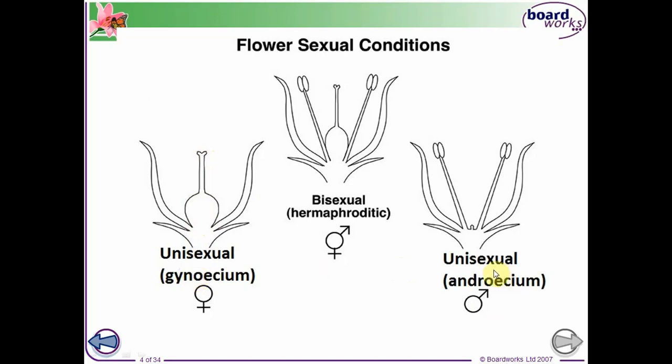While this flower contains stamens only, so its name is androecium, group of male organs. While we have flower which contains male organ and female organ, so its name is bisexual flower. So we have unisexual, it contains the male or female, or bisexual contains the male organ and female organ in the same flower. Okay,